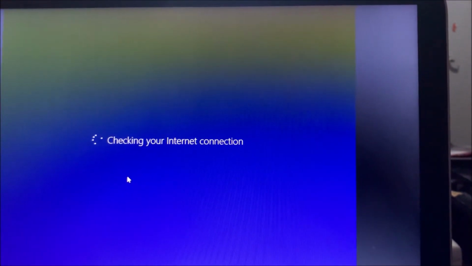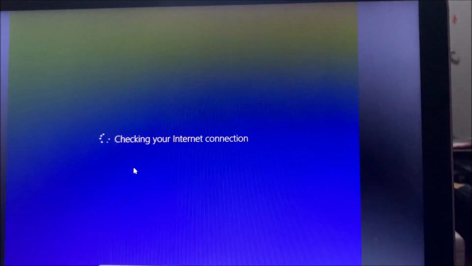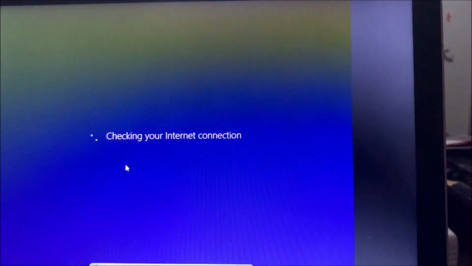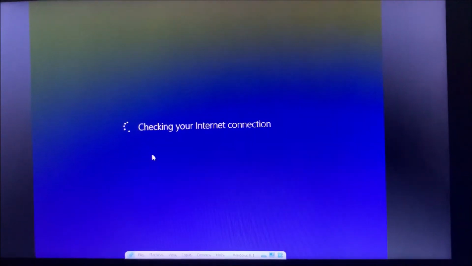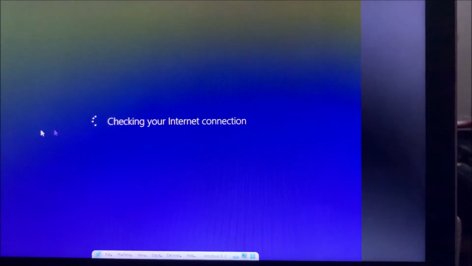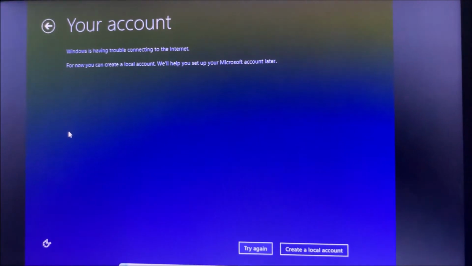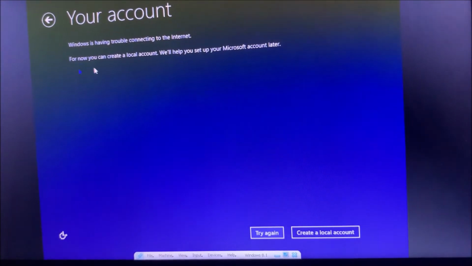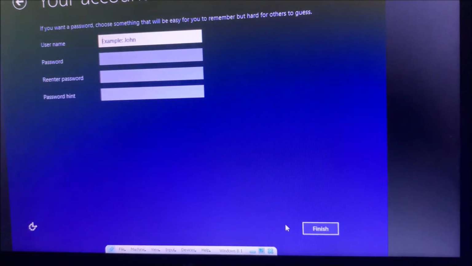If you are connected to your local internet, then it will ask you to sign in to a Microsoft account. I'm not connected to my local network, so it won't ask me for a Microsoft account login. It says Windows is having trouble connecting to the internet, so I'm going to click on create a local account.